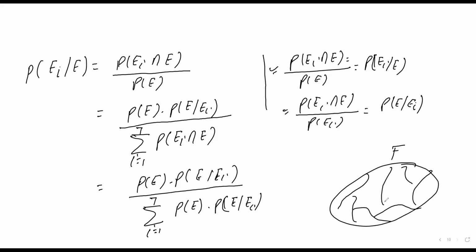Sir, the second step numerator, I didn't understand. Second step numerator, okay, P of this E. Yes, the numerator. So this you have in the numerator, right? P of E I intersection E, and this I write it as this. So what I have earlier defined, okay,